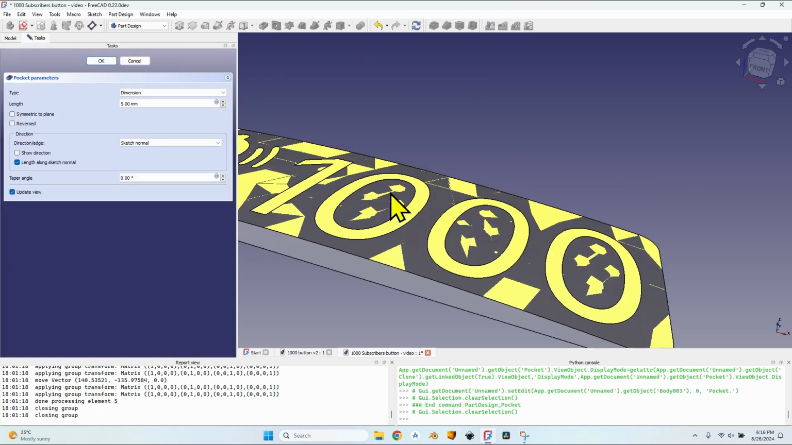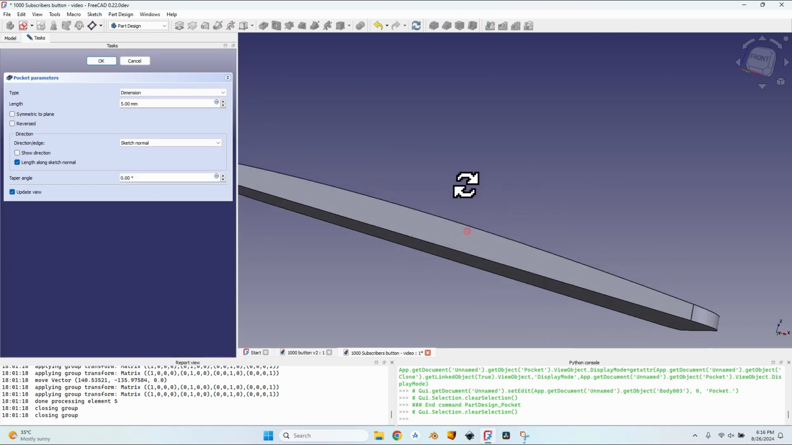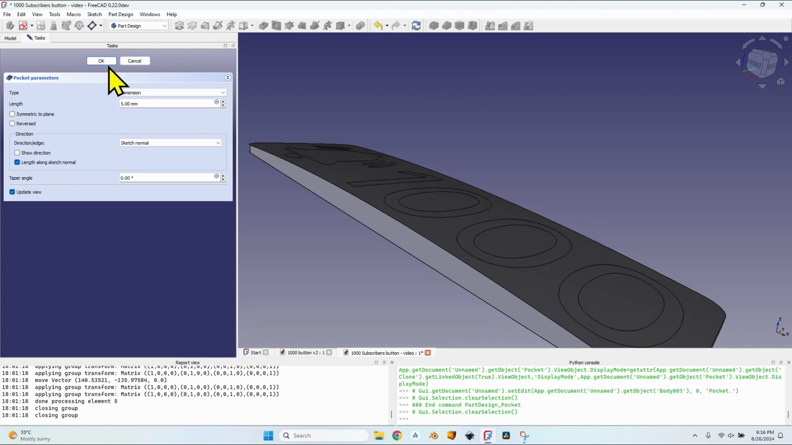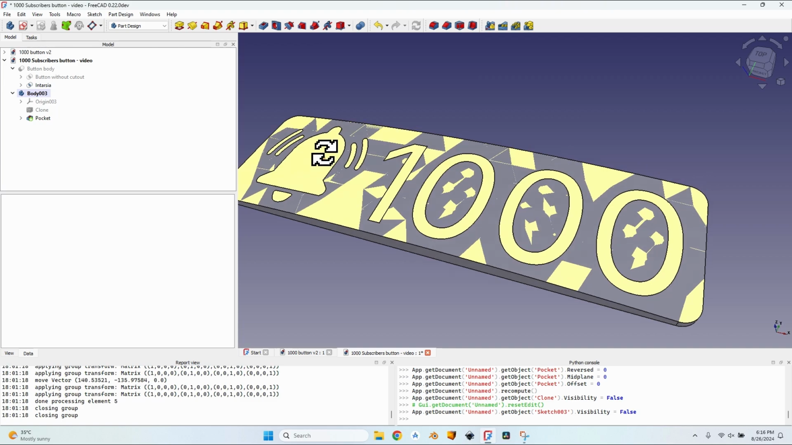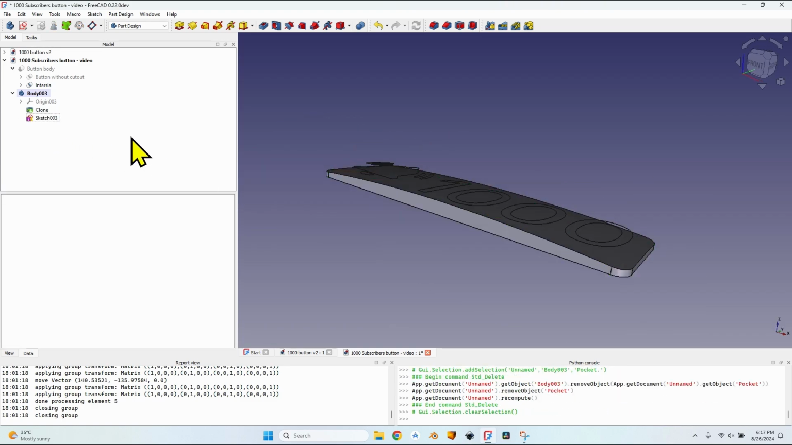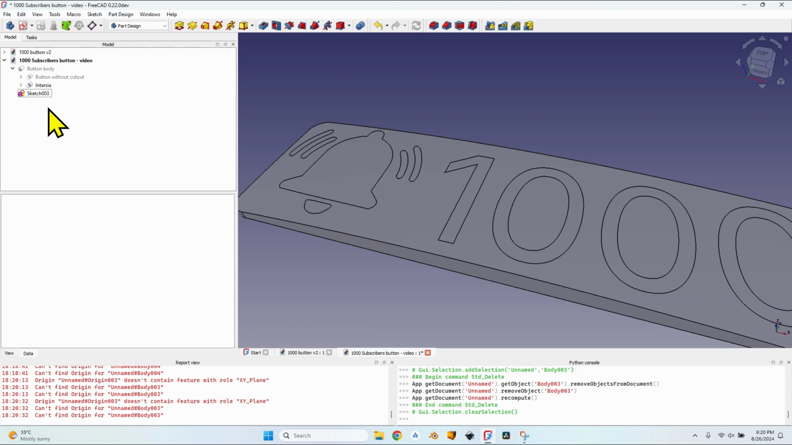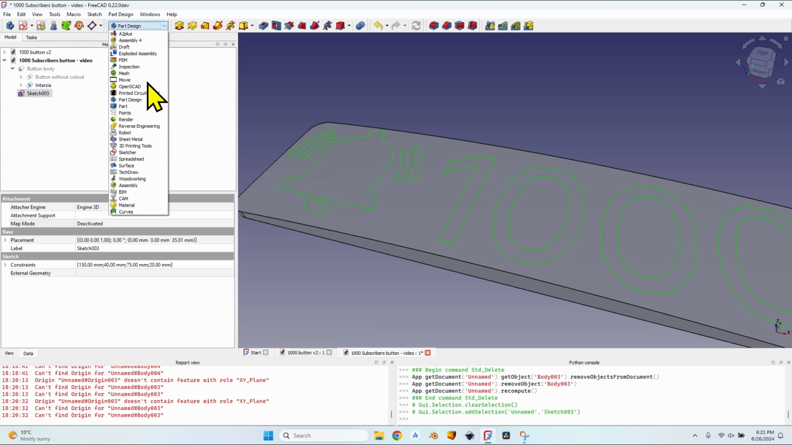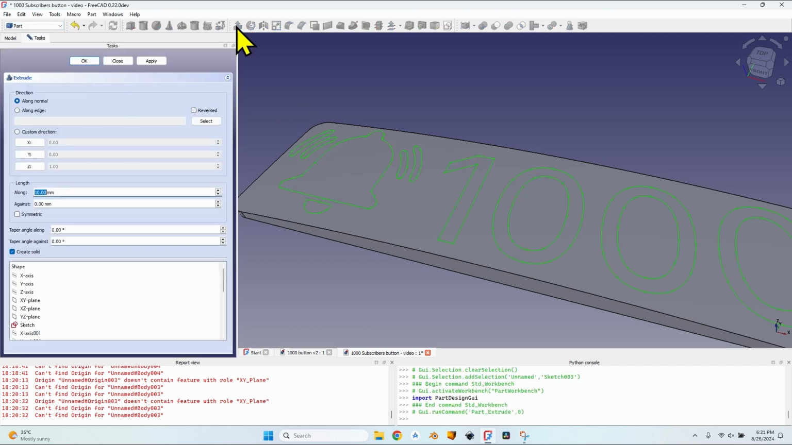But as you can see, there is a little problem with this type of approach with a pocket. No matter where I place the sketch, it will result in some weird behavior, probably because of the curvature of this face. I will delete the pocket. I can now delete this body, I don't need it anymore. I will select the sketch, go to the part workbench and create an extrusion, and here I have by default